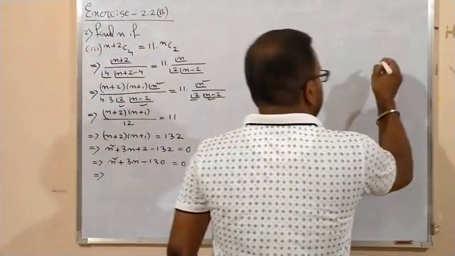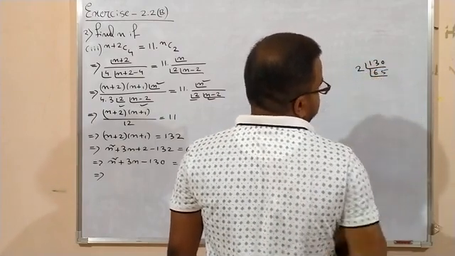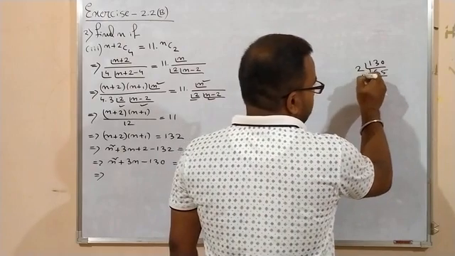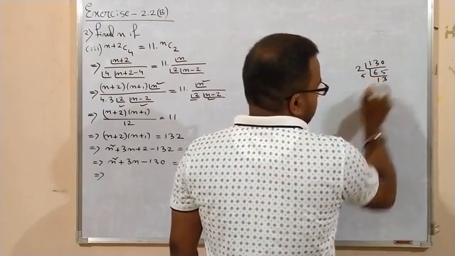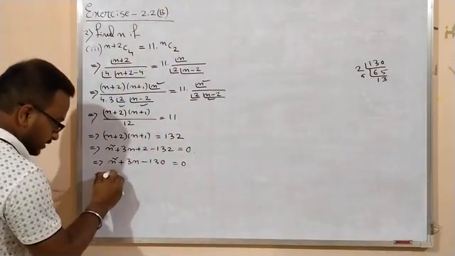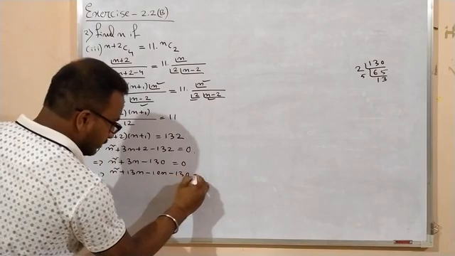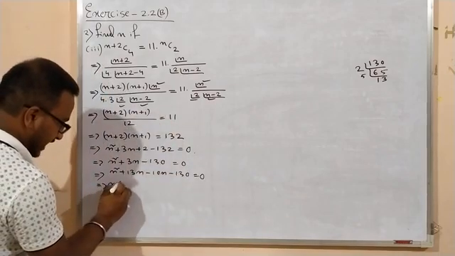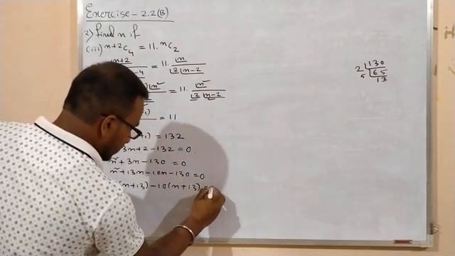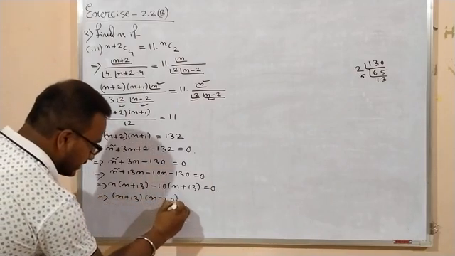So just do it. 130. So it is 2, 65, 5, 13. Yeah, it is 13 minus 10, right? Okay. So n square plus 13n minus 10n minus 130 equals to 0, right? So you can take n common, so it is n plus 13 minus 10, so it is again n plus 13 equals to 0. Now you take the common quantity n plus 13 and n minus 10 equals to 0,